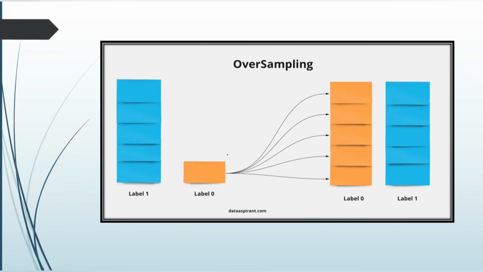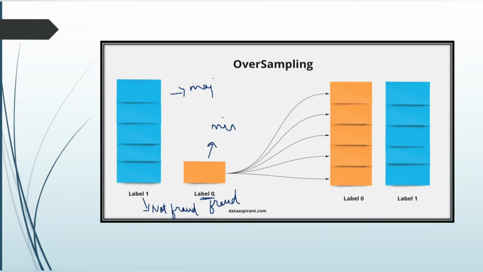So this is an example of oversampling. This is the majority class and this is the minority class. Label 0 is fraud data, a fraud transaction from our credit card, and label 1 is not fraud, meaning a normal transaction.